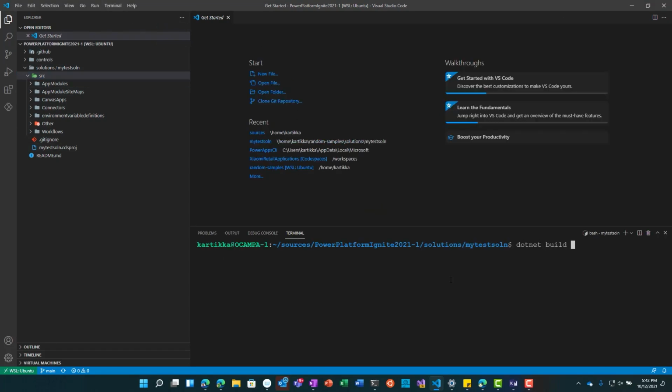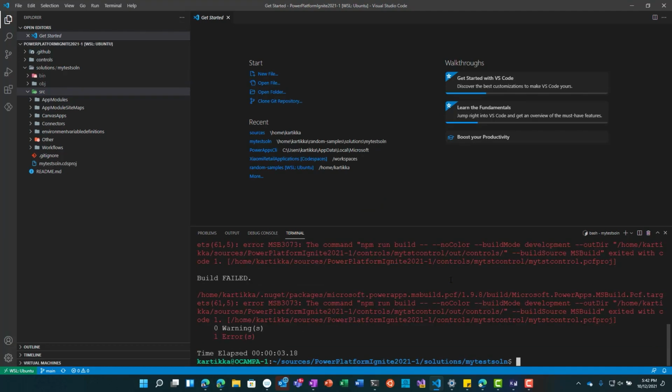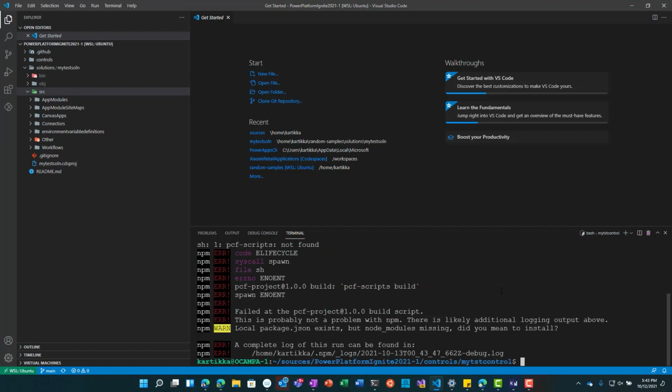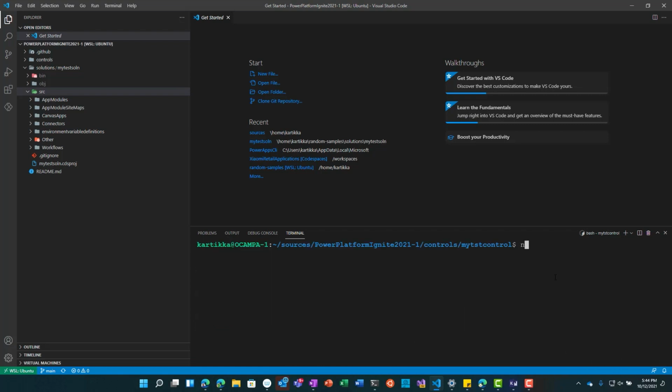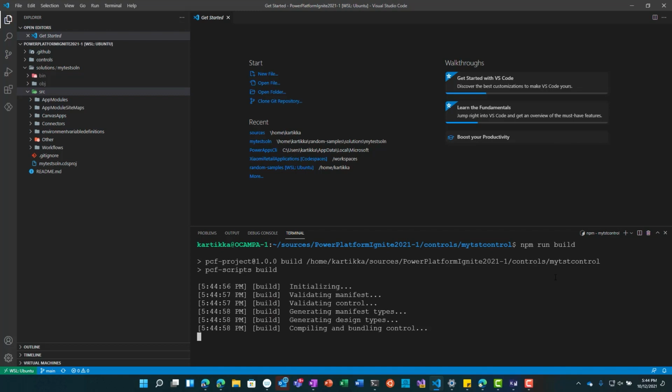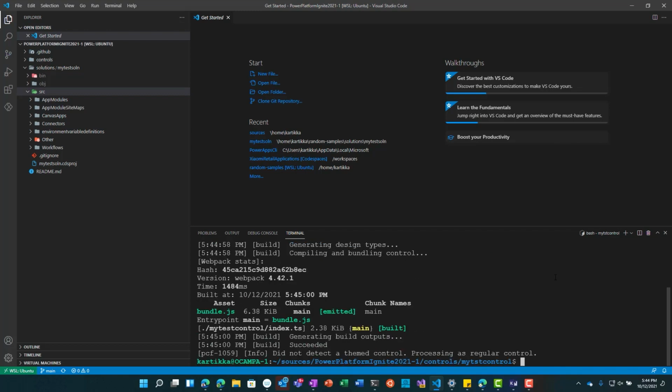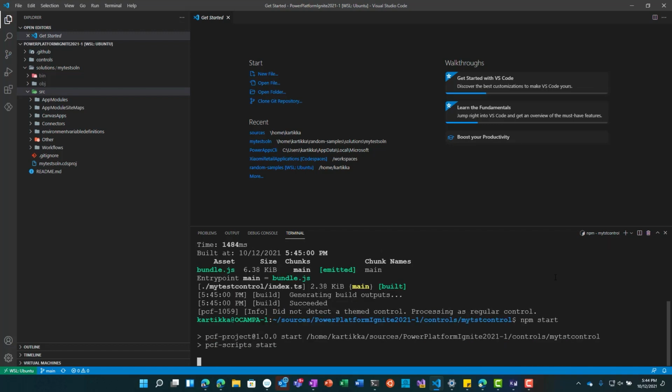So in this case, I have WSL running locally on my machine. And what I'm going to do first is, now that I've cloned the repo, I run a build and I get all these errors. And I wonder why that's a problem. Well, it's because I haven't actually gone ahead and installed all the dependencies locally on my machine. So I'm going to go install the dependencies again here. And these are just typical Node.js development functions that we end up doing. All right. I'm going to run and build it. So there we go, to make sure everything's working properly. All right. And remember, before I ran the build, it was failing. Now it works just fine. And then I'll go ahead and do an npm start.